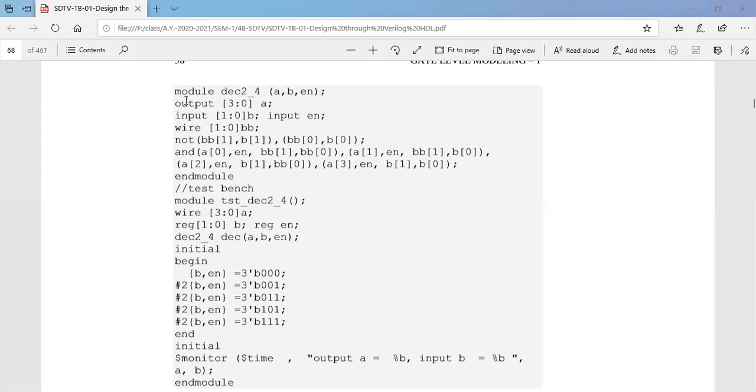The programming is very simple here. First we have to write module and we have to give some name to it. The name is DEC2_4. So every time you have to remember the naming conditions of the program also. First letter should be an alphabet. If it is very much necessary, we can use underscore as the first one. You should not use any numerical or any white space in the name of the programs.